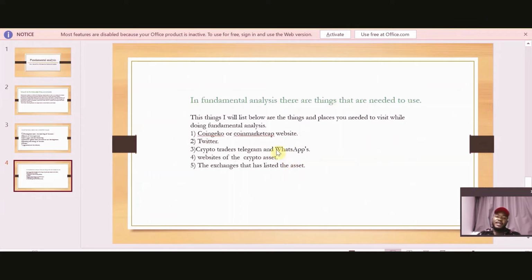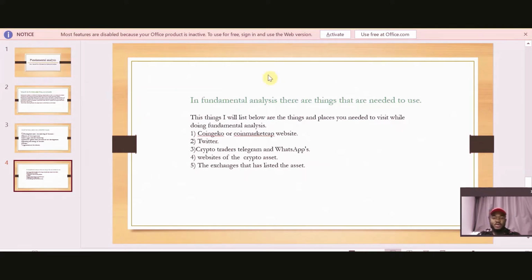You guys will remember last year when Binance listed Shiba. You see what happens to Shiba. The price of Shiba went to the moon. When I say moon, it means the price of Shiba started rising. The price of Shiba rose to a higher level once the news about Binance listing it came to pass. So the exchange that lists a token also helps in the value of this token.